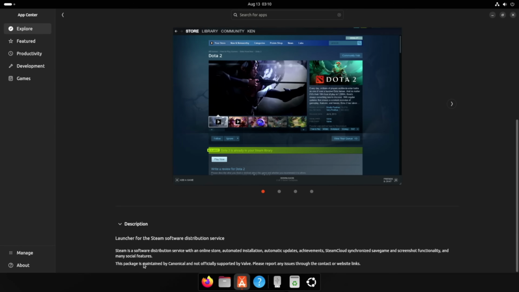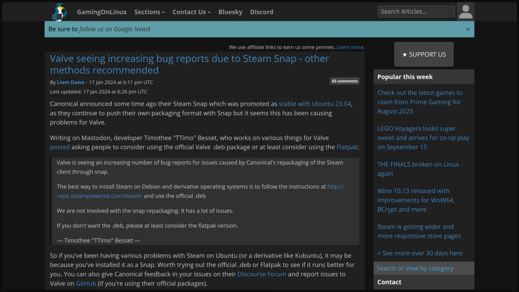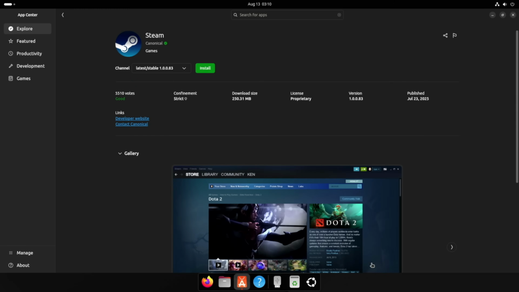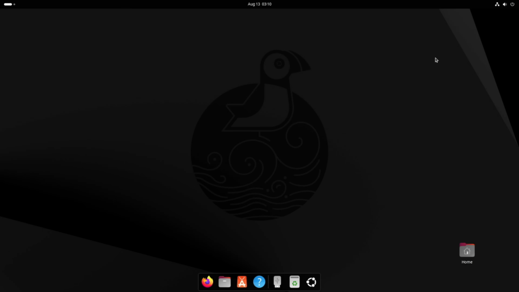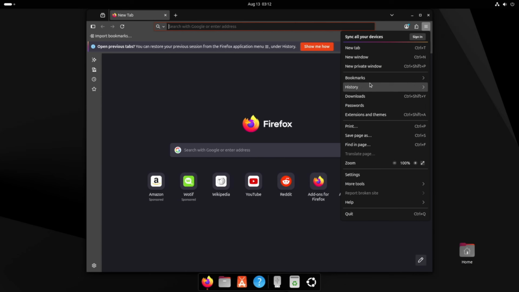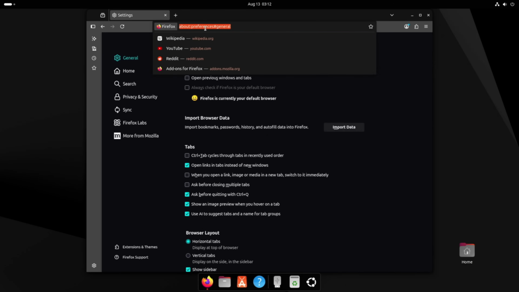And if you check with the community to see what they have to say about the Snap version of Steam, it's not good. What this really boils down to is if you have a problem with the Snap version of Steam and you tell Valve about it, they can't do anything for you. So let's go and install the official version of Steam, which I would like to install through Ubuntu's Software Center, but I don't have the option to do that because this is snaps only.